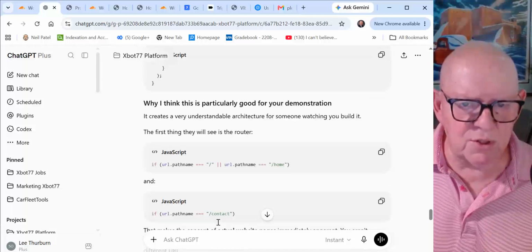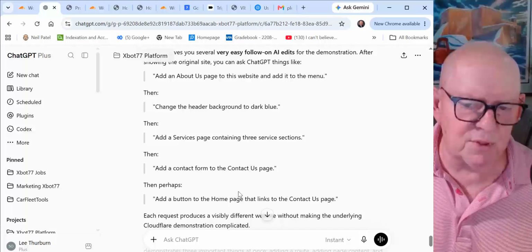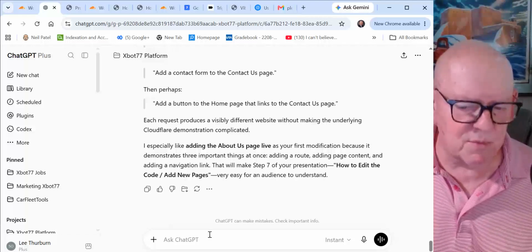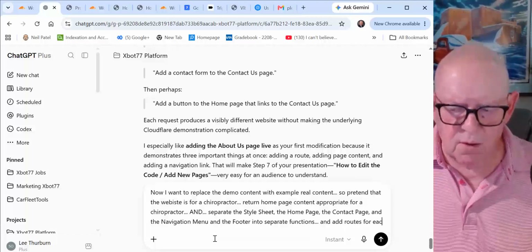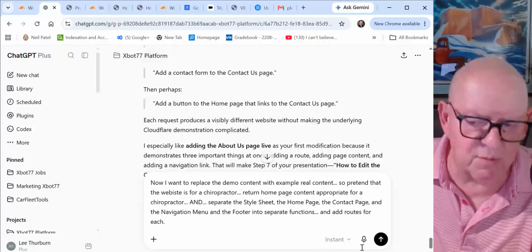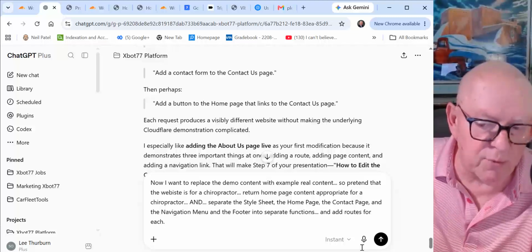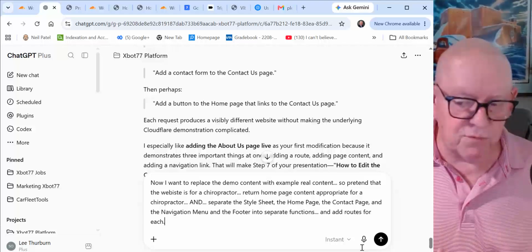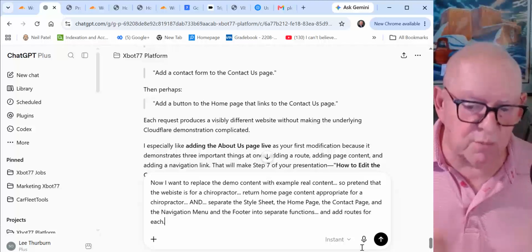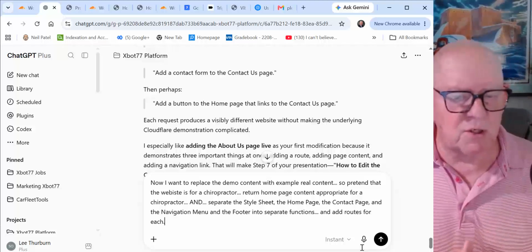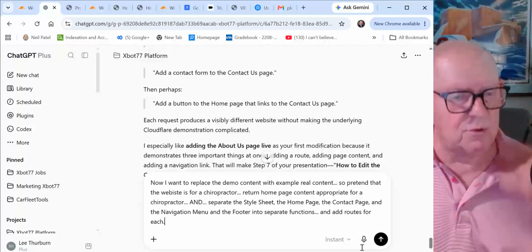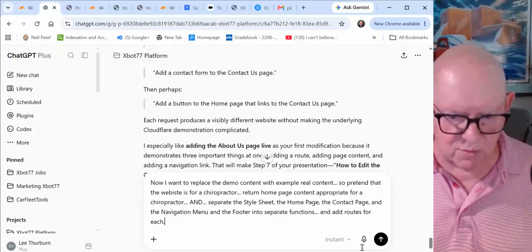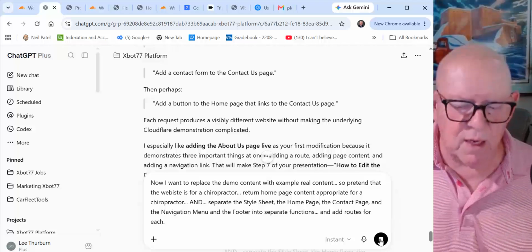Okay, so let's see here. What I think is particularly good for this demonstration is giving me some fluff. It's saying it likes what I'm doing. Okay, so what I'm telling it to do is to send me the content back, appropriate for a chiropractor, and at the same time, separate the style sheet into its own function, along with the home page as a separate function, the contact page, the navigation menu, and the footer, each as a separate function. And the reason is we want to be able to edit those independent of the other pieces, just to keep it more manageable. Okay, so I'm just going to go ahead and click send, and now we're going to wait